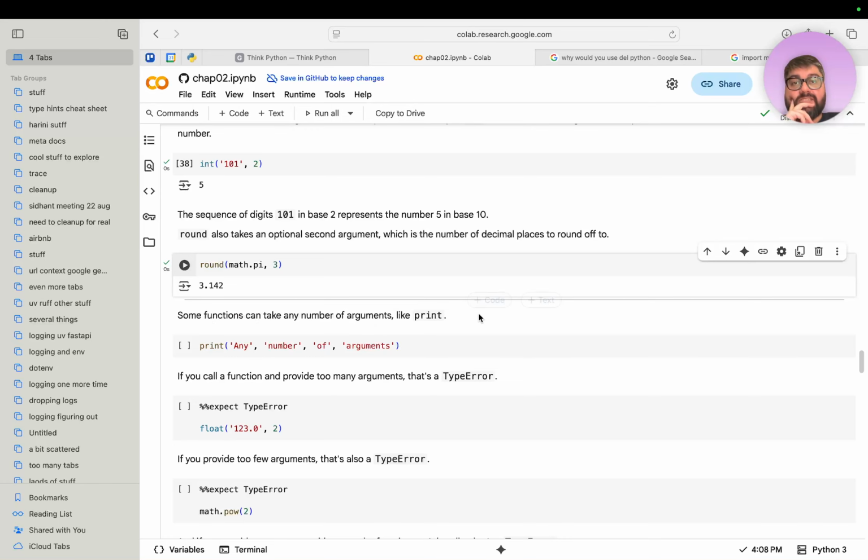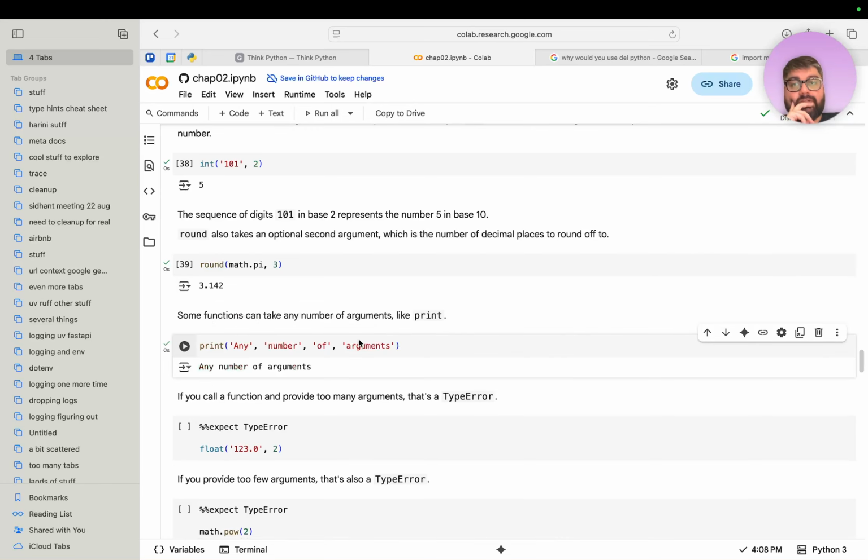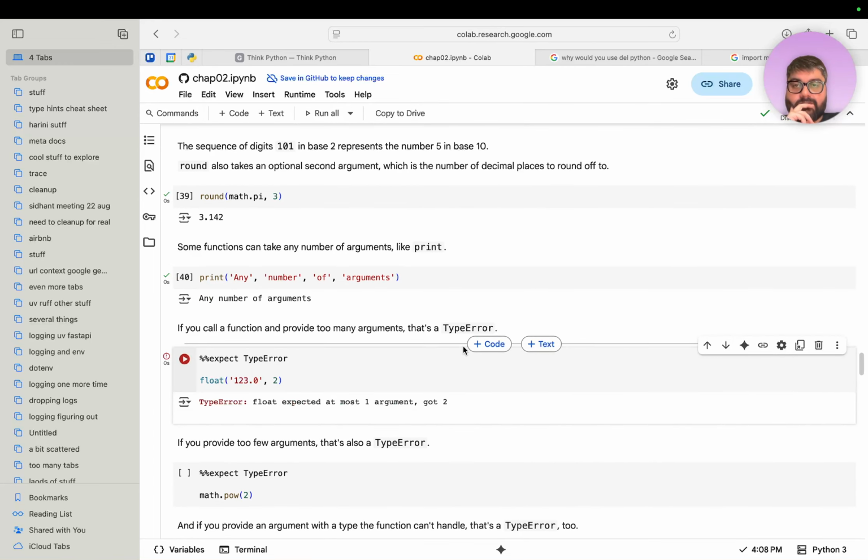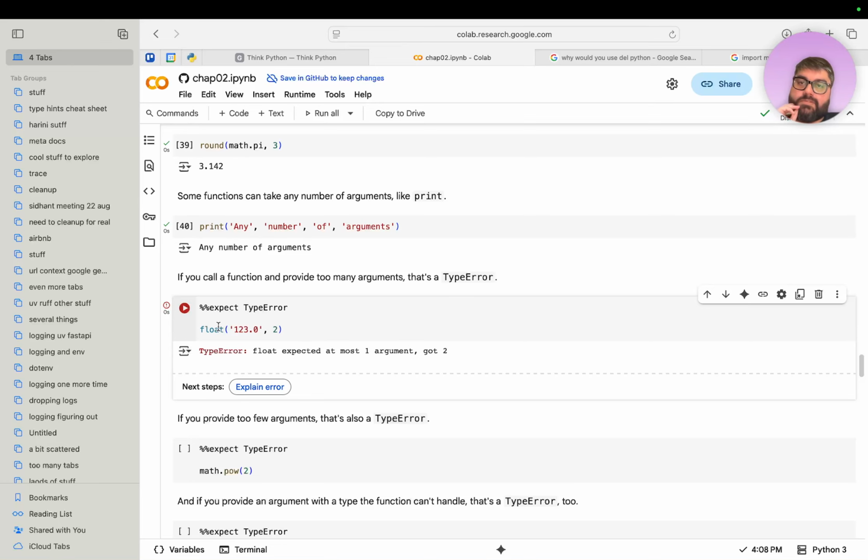Some functions can take any number of arguments, like print. Print can take any number of arguments, as we discussed with star args. If you call a function and provide too many arguments, that's a type error. So you'd get a type error here because float doesn't take